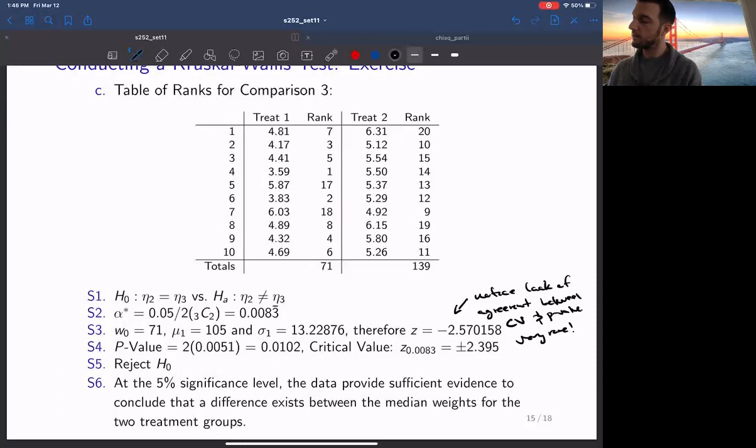Yeah. So in this case, I've written that we should reject. We would expect that we should reject based off of the result of the Kruskal-Wallis test. I'm not sure if you guys are going to run into this type of conflict on the assignments or on the lab assignment, so it shouldn't be an issue. But it is interesting to see because it almost never happens. But if we take the critical value approach,